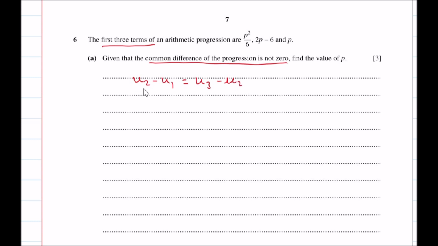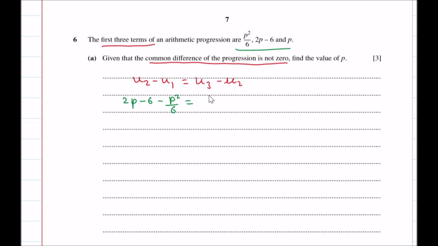Okay, what does it mean? Second term minus first term will be the same as third minus second. So now let us put the values here. The second term is 2p minus 6. So we will write 2p minus 6 minus the first term. The first term is here, you can see. So the first term is p square by 6. So minus p square by 6 equal to